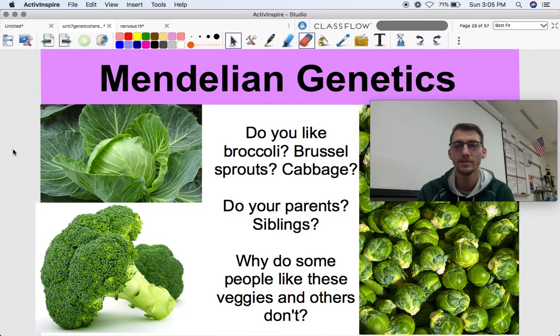Today we are finishing our 7th unit on heredity in this class by discussing Mendelian genetics. This is where we get into the real probability and Punnett squares and that kind of stuff that you might have heard of before, maybe from a previous science class. Like always, I like to start with a question that we'll hopefully figure out an answer to by the end of the video, or we'll come back to once we have a better understanding of this content.